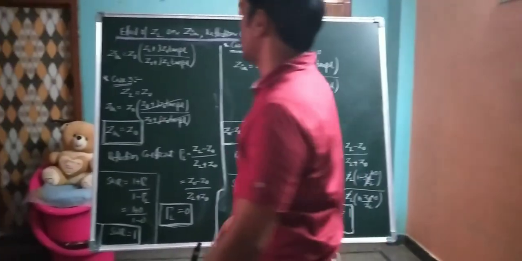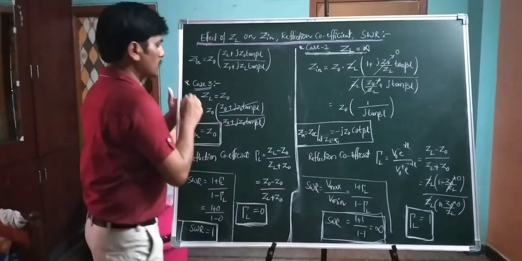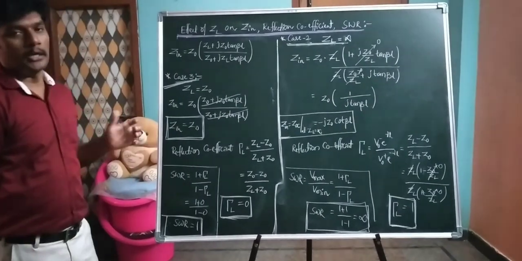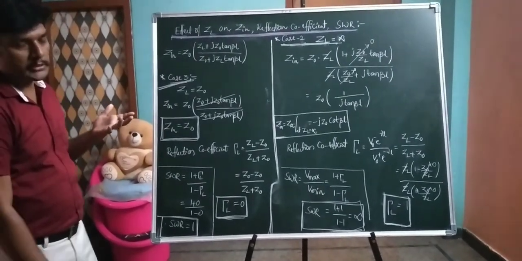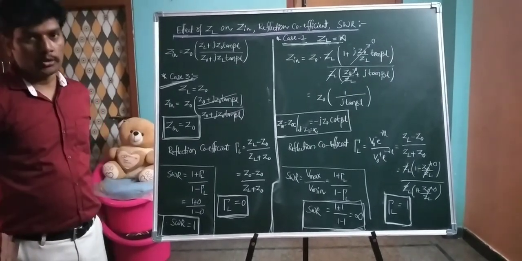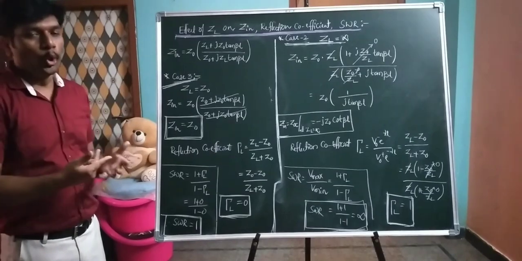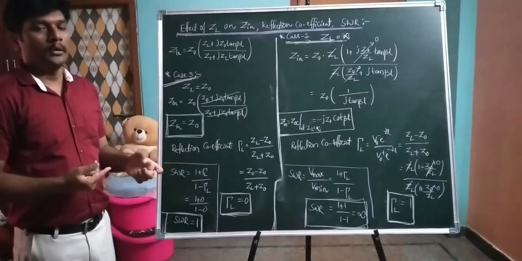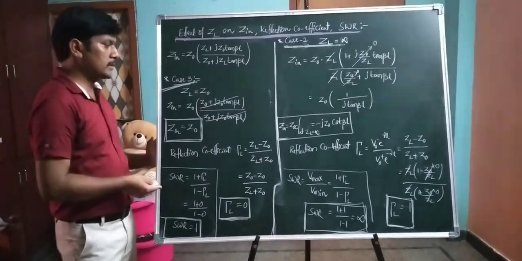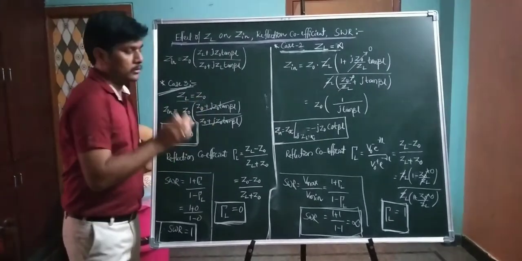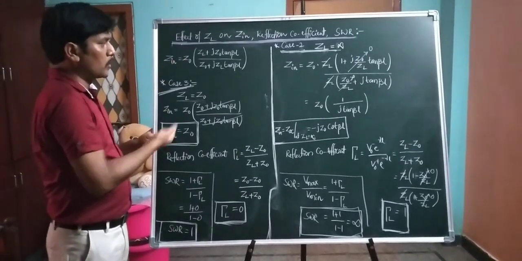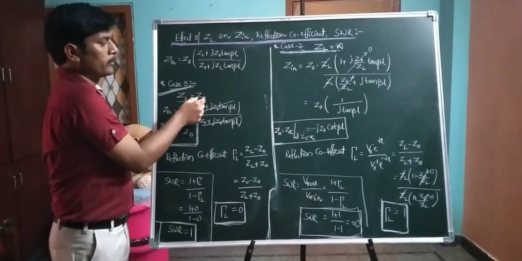Then case 3 we consider. And what is the case 3? This is the most desired or required case, right? Practically we are not selecting ZL as 0 or ZL as infinity, but in most cases we are selecting some constant load. If the constant load is exactly matched with the impedance offered by the transmission line, that is the characteristic impedance, such a case, when ZL equal to Z0 is selected, then what about the input impedance? Input impedance is equal to Z0. ZL is replaced by Z0.